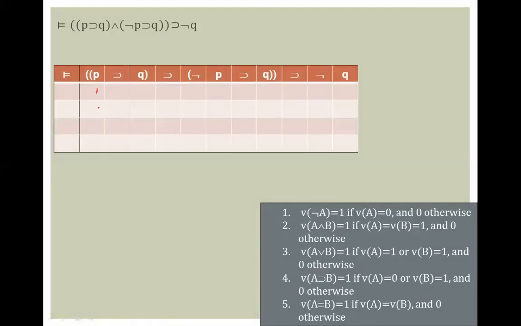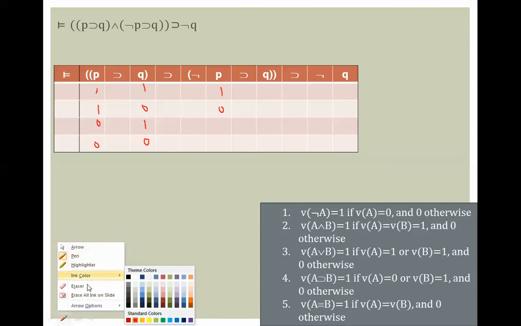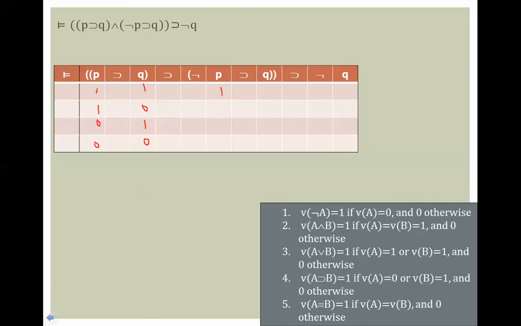Alright, last one. Do the same thing, divvy out the ones and zeros. One, zero, oops, no, that's 1, 1, 0. And 1, 0, 1, 0, 1, 0, 1, 0. Okay, so